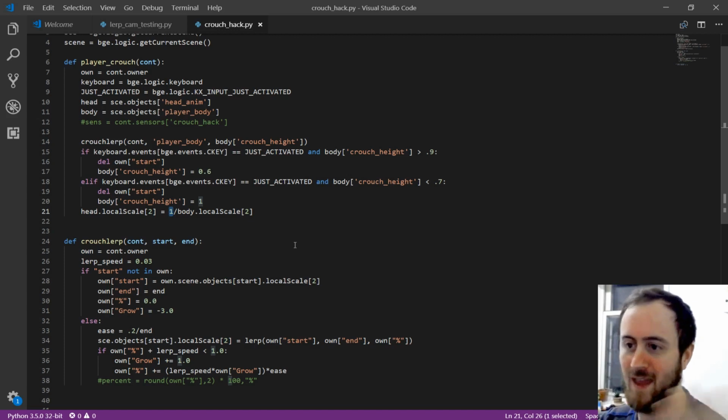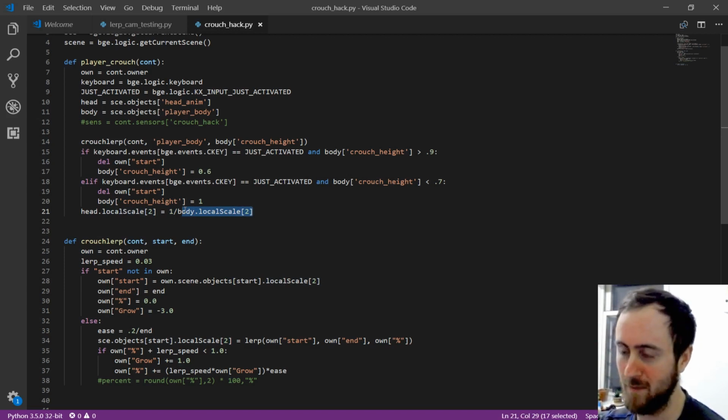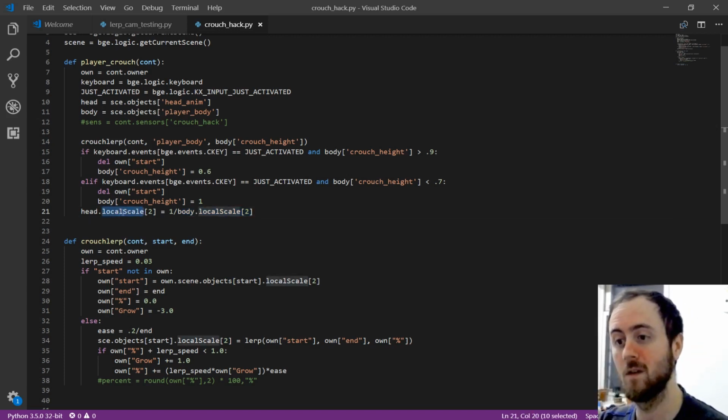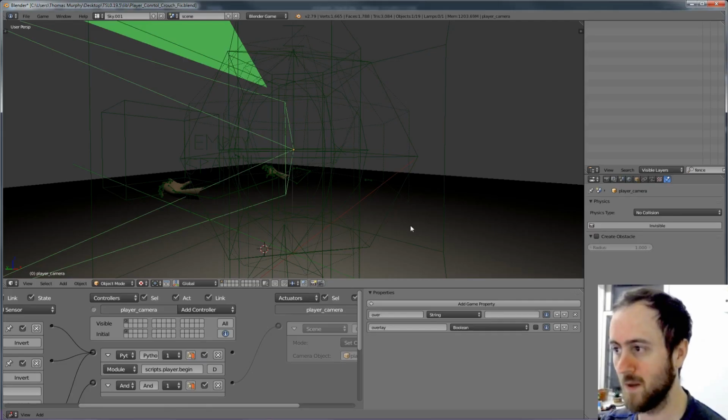I could also just say the head local scale, which is 1. And then as the body scales along its z-axis, divide that by that same number at 1. So if I take 1 and divide it by 0.5, then head local scale becomes 2, which is double 0.05. So if I uncomment this piece of code here and save it, now when I run the same game